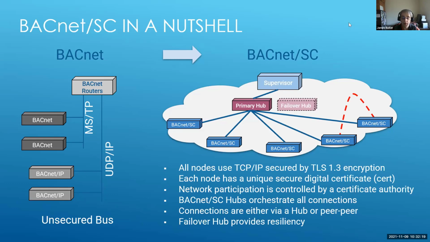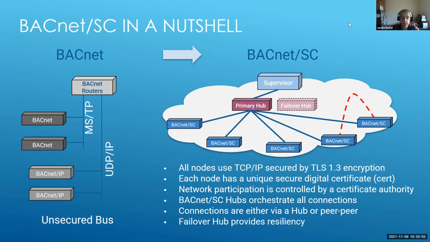The most important component of BACnet Secure Connect is that it's built on TLS 1.3. This is the latest version of what you may remember as SSL, or Secure Sockets Layer, back many years ago. The technology has evolved. The algorithms for protecting the networks have evolved. So when you connect to your bank's website, chances are very, very high that you're using either TLS 1.2 or perhaps TLS 1.3 to secure that connection.